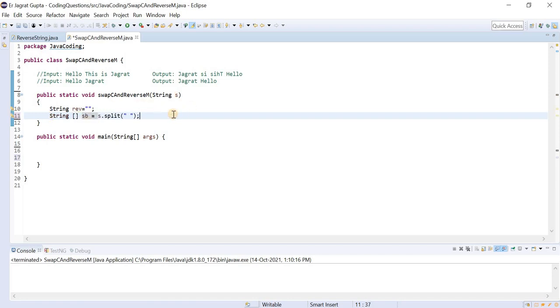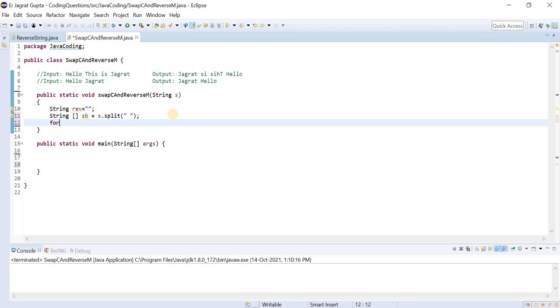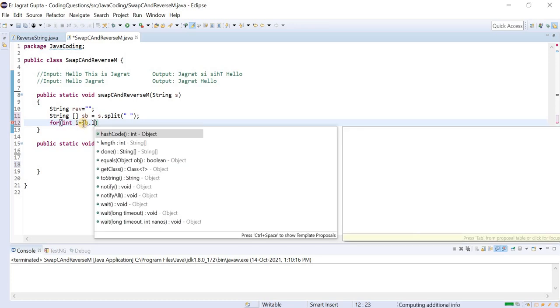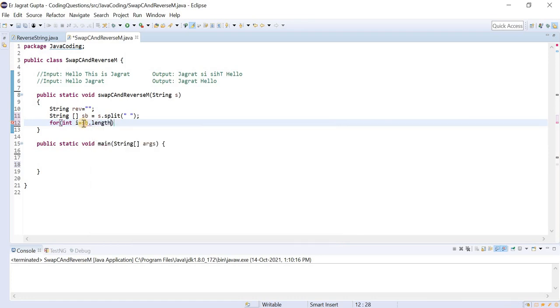Okay, now I will apply the for loop. So int i is equal to 0. We need to apply the for loop from the last index, so I will say sb dot length minus 1, like this, because this would be the last index.